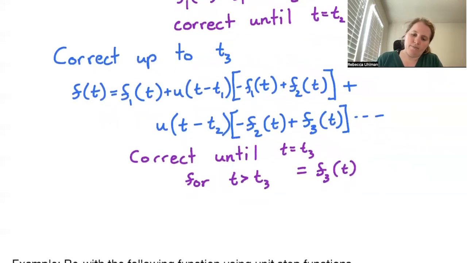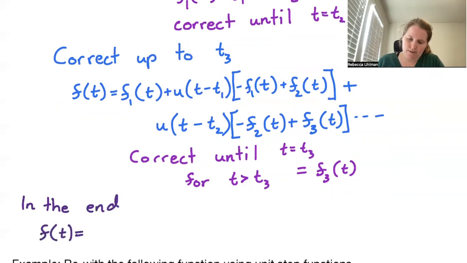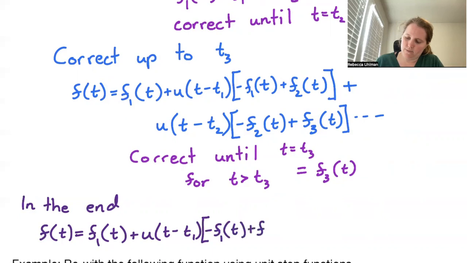So in the long run, in the end, we should have f of t is equal to f1 of t plus u of t minus t1 times negative f1 of t plus f2 of t. And then we'll keep going until we hit u of t minus,